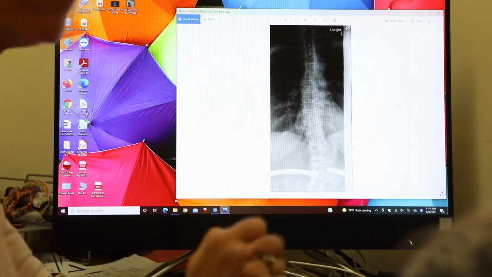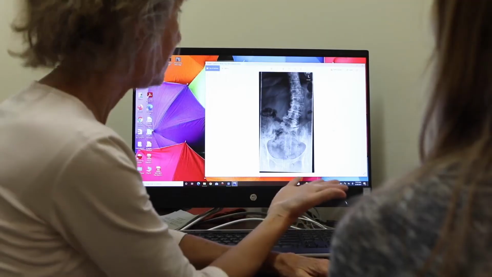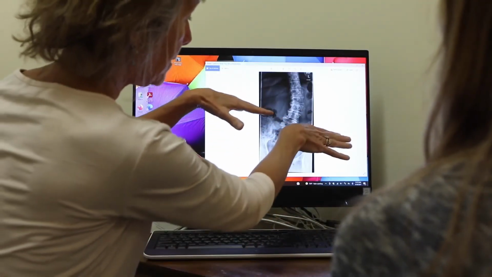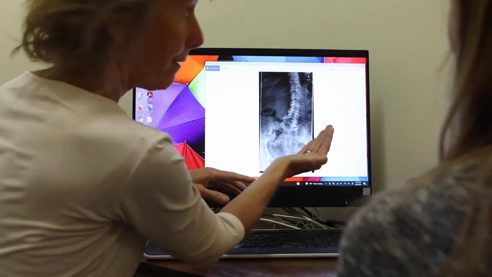And then the third test that we use is x-rays. And these are the definitive way of looking at whether or not there is a scoliosis. So many times I have taken x-rays on a patient and they were surprised to see that there was a scoliosis in their spine that they didn't even know about. The x-rays can actually show us what degree, how significant are these lateral or sideways curves in your spine.